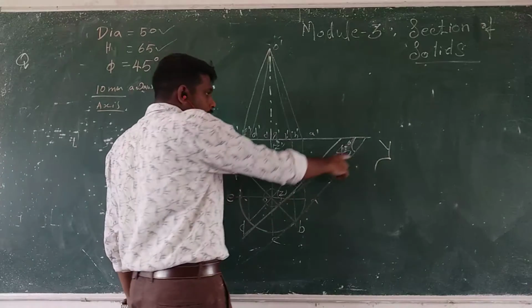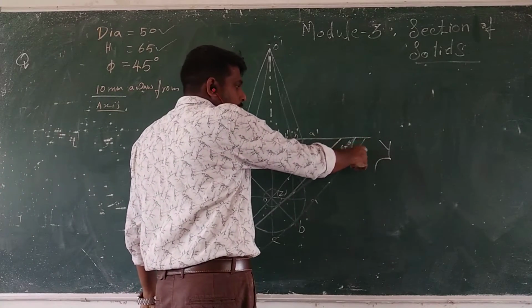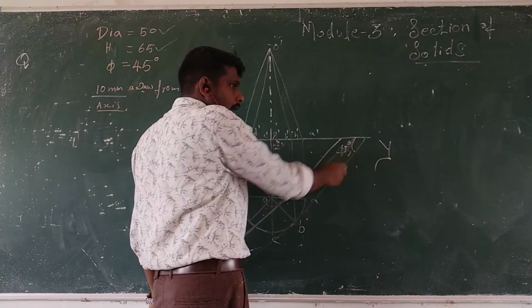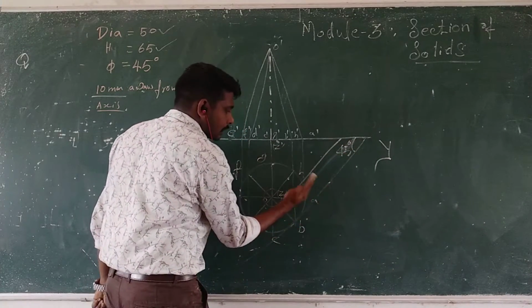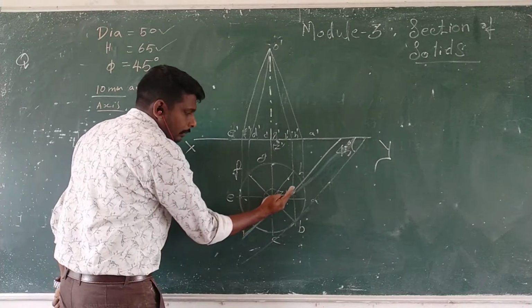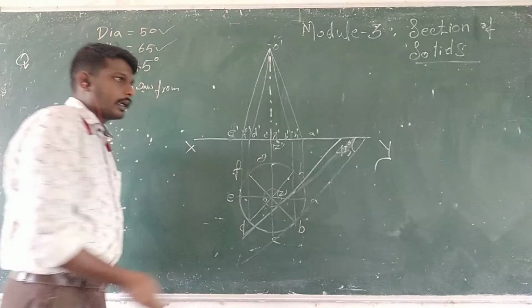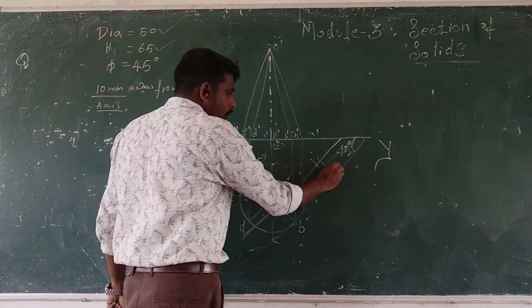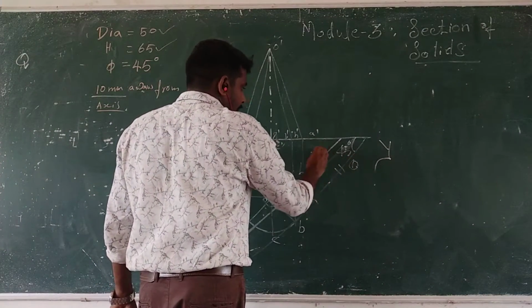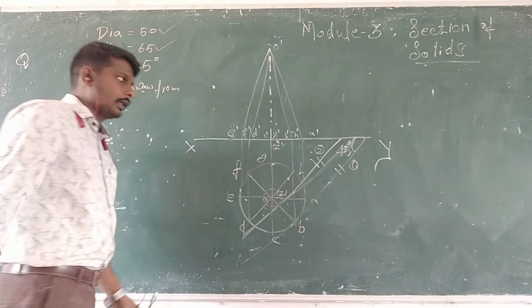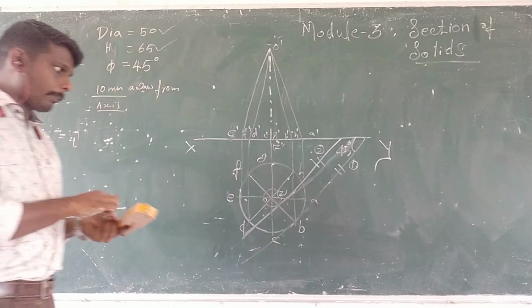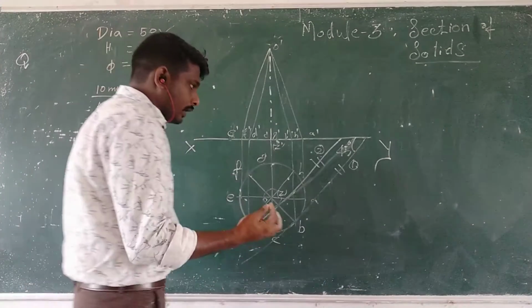So in order to find the point, we assume a line, the section plane, passing through here with 45 degree inclination. Then project the same section plane towards the circle and make it a tangent. It should be parallel to each other. First draw here, and second a parallel line which is tangent to the circle. Clear? Then now we can find the projection or the section points.